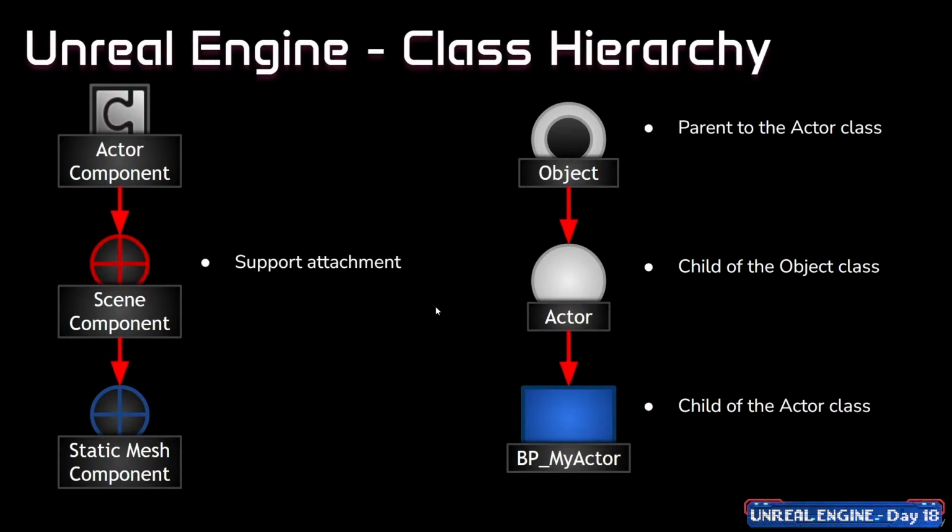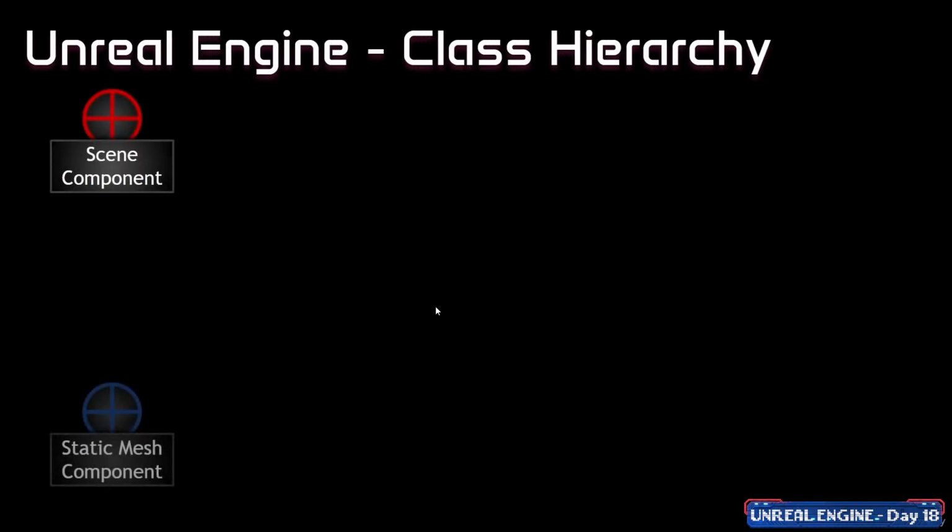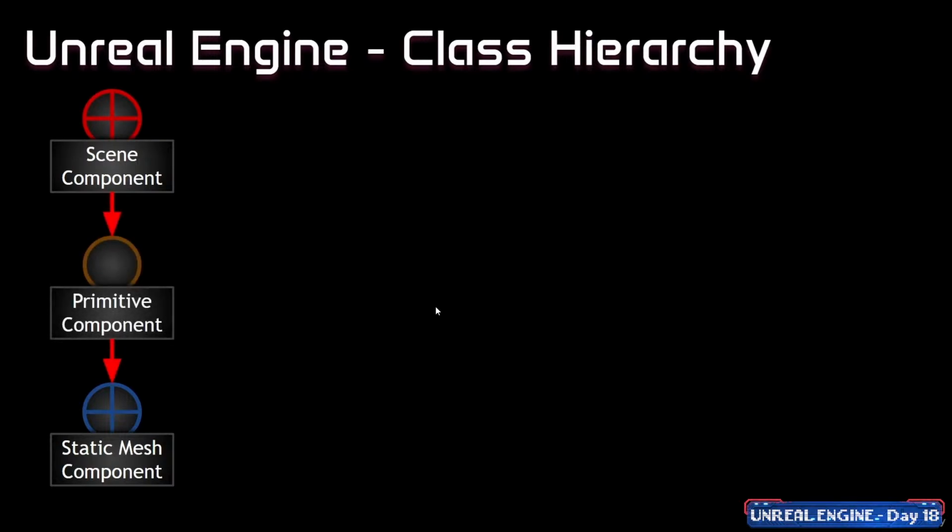The static mesh component class is actually a child of the scene component class. The reason we can attach static mesh components to other components and attach other components to static mesh components is because the static mesh component class inherits this functionality from the scene component class. This is a simplification of the hierarchy, as there exist other classes in it as well. For instance, there exist other classes between the scene component and the static mesh component class in this hierarchy. How deep does this rabbit hole go? The primitive component is a child class of scene component, and static mesh component is actually a child of